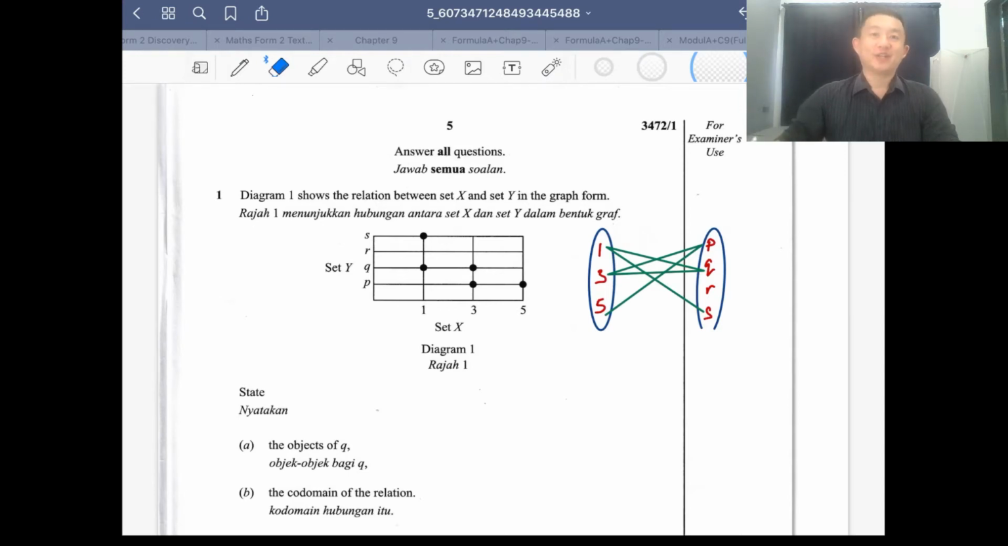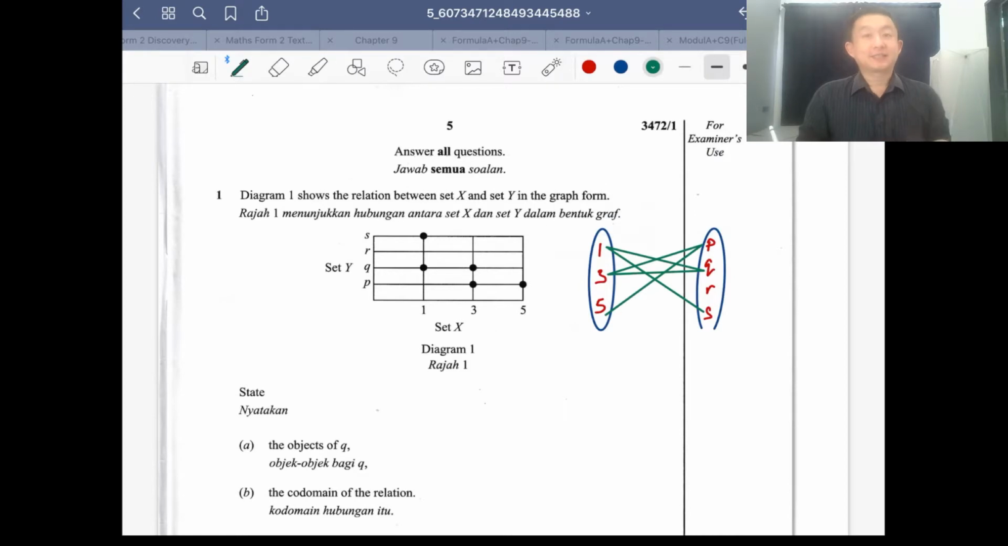Let's have a look at the following questions. Question 1. Diagram 1 shows the relations between set x and set y in graph form. When you have a graph that shows you the relations between both sets, always remember